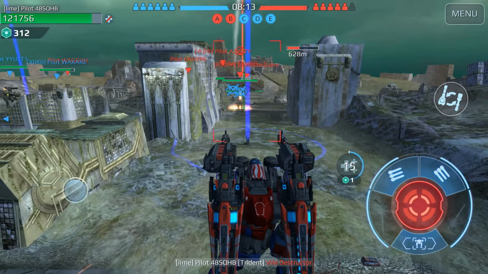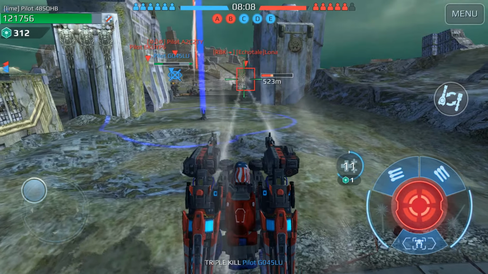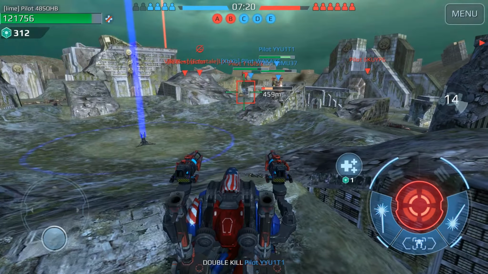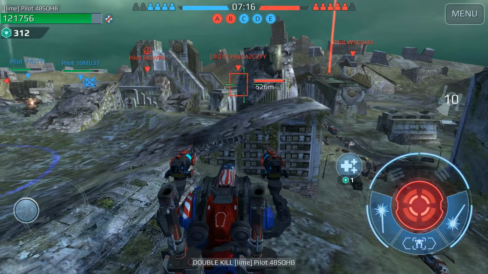So with this particular build, which has 600 meters range, you don't necessarily need to push forward or be aggressive. You can make best use of it when you keep your distance from the enemy team and stay safe. But